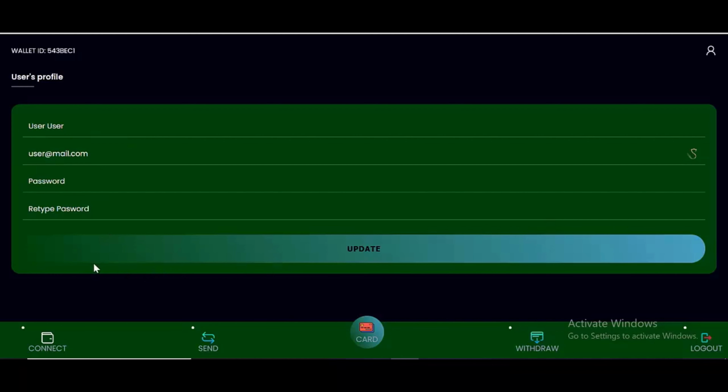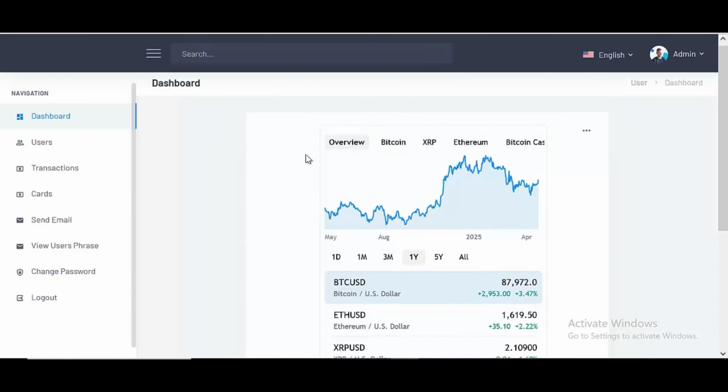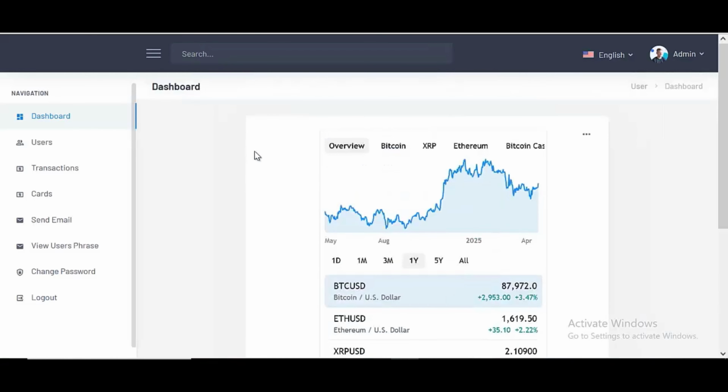So next thing I'm going to do now is to show you guys how you can actually use the admin to control this particular website. So let's log into our admin real quick. So this is our admin here. Once you log into your admin, it takes you straight to this dashboard here. All right. So here you can see